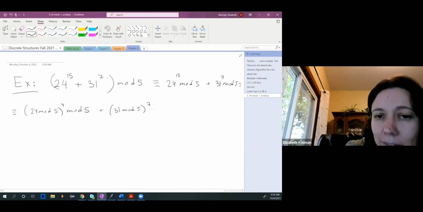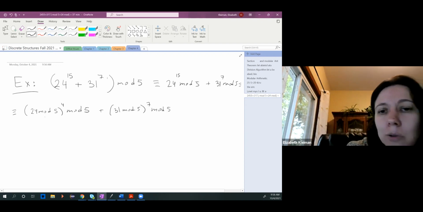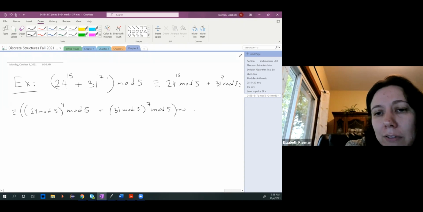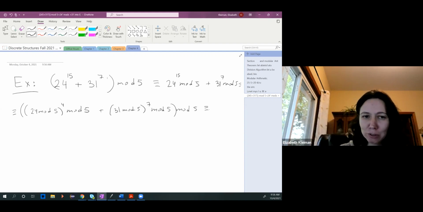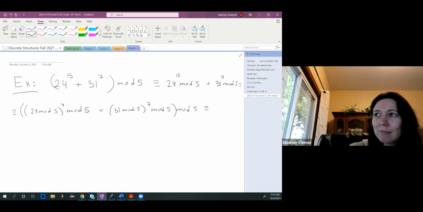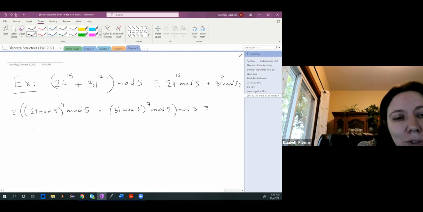And I'll still need to do the mod 5 on everything, and mod 5 on both additions after. So mod 5 is going to be added everywhere. Every time you do it, you do an extra mod 5 just to make sure you're good. So how much is 24 mod 5? It's 4. So it's 4